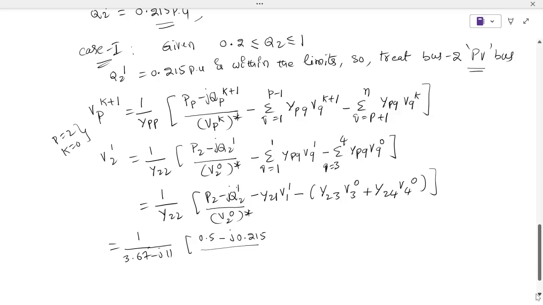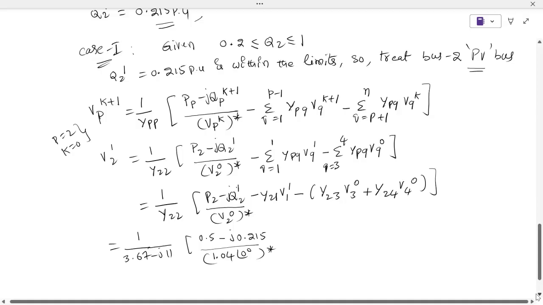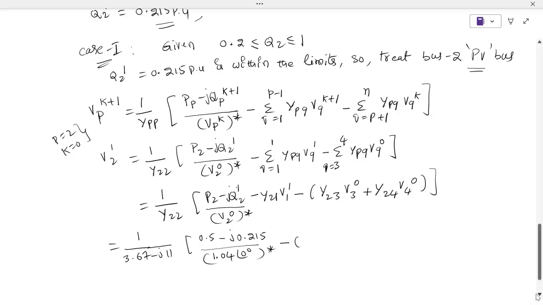V20, that is the bus 2 value they have given, 1.04 at an angle 0 degrees, minus Y21 from Ybus, 2 plus J6, into V11. V11, that is V1 means slack bus voltage, 1.04 at an angle 0 degrees, minus